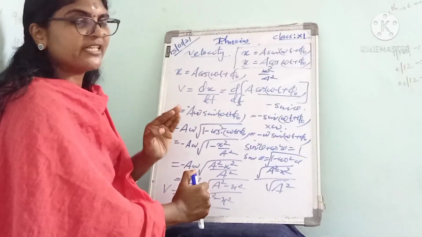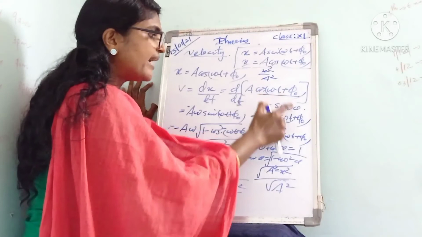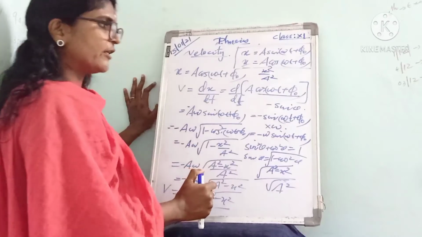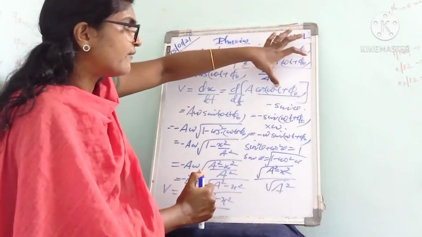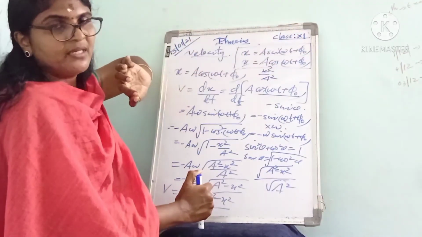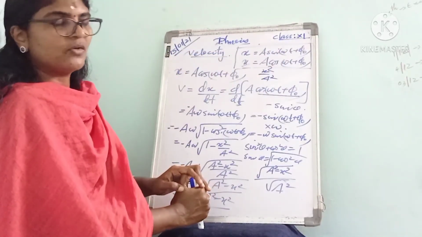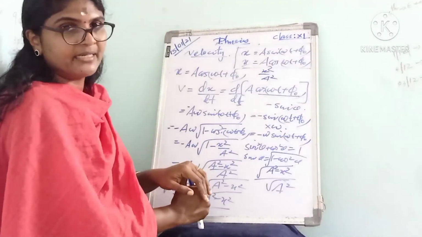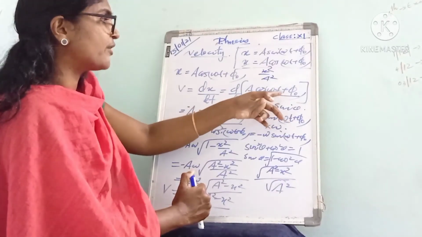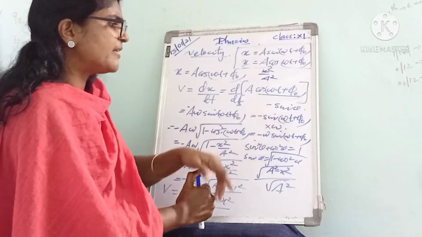You know the differentiation of cos θ is minus sin θ, but in the place of θ we have here ωt + φ0. So we can write minus sin(ωt + φ0). But here we have a term ωt inside what, cos. So we have to differentiate this ωt once again. Okay, so then only the differentiation is completed. Okay, so the differentiation of cos(ωt + φ0) is minus sin(ωt + φ0).